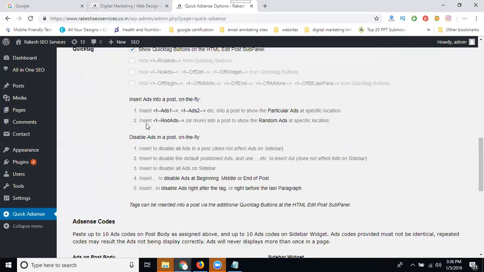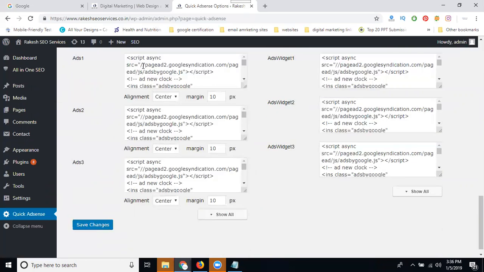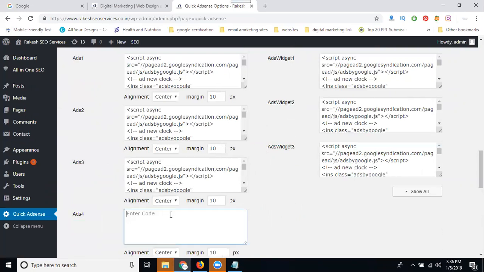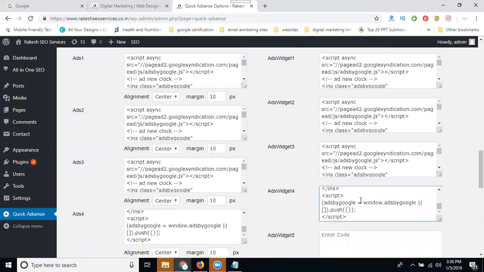So just come here. There will be 1, 2, 3, 4, 5, 6, but there will be 3. If I want to add one more, simple, just add it. Just copy the AdSense code and place it here.